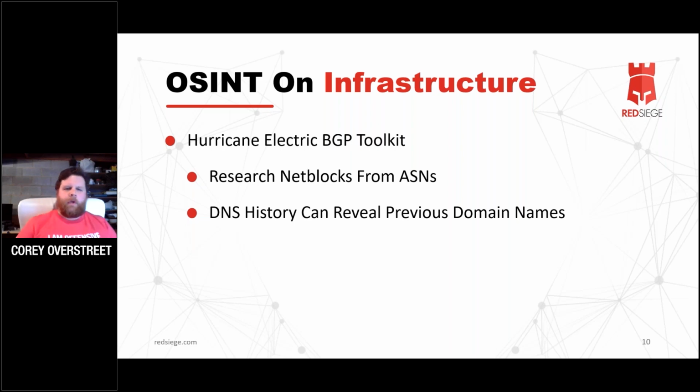So once we've gone through there, we go to the Hurricane Electric BGP Toolkit. This is a website that has tons of information about the net blocks that you find from the ASNs. Once you find these net blocks, you can go through each IP address and look at and confirm that the IP address is still the same through their service that you saw with DNS Dumpster, but it'll also show DNS